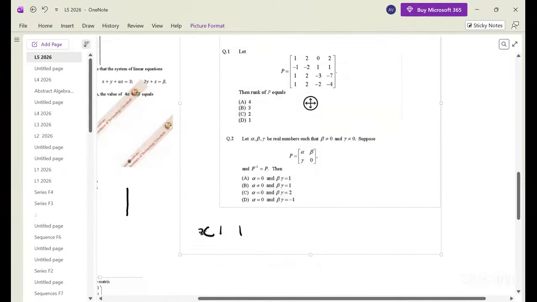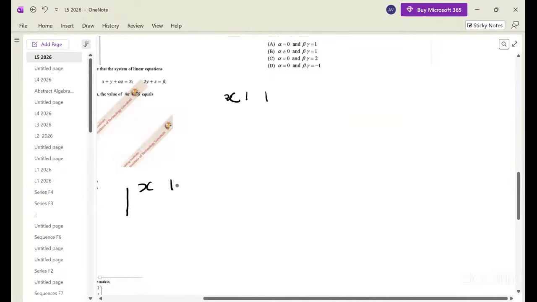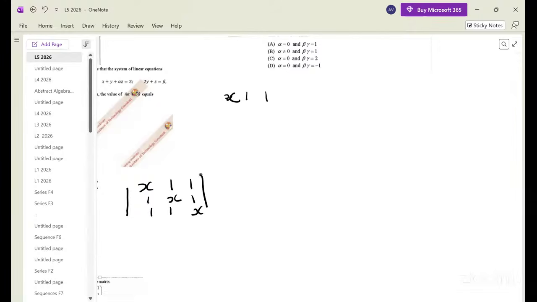Singular means determinant is zero. What is the question? If this matrix is given to be singular,